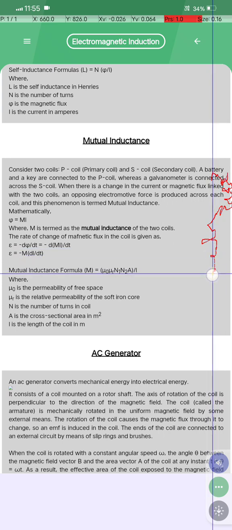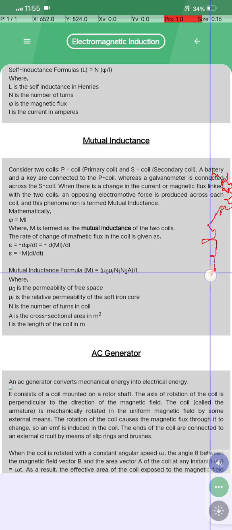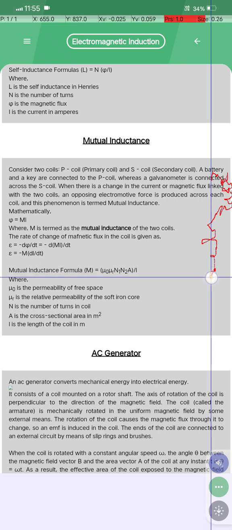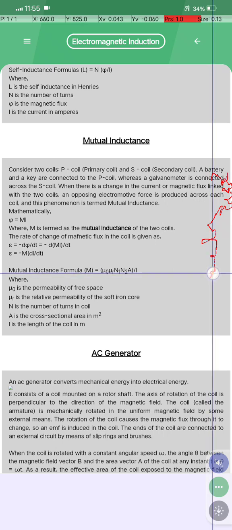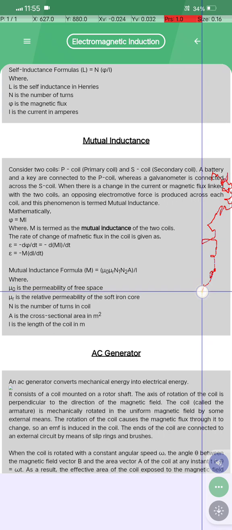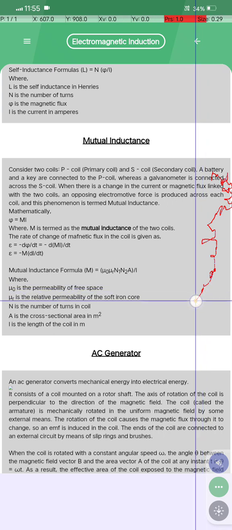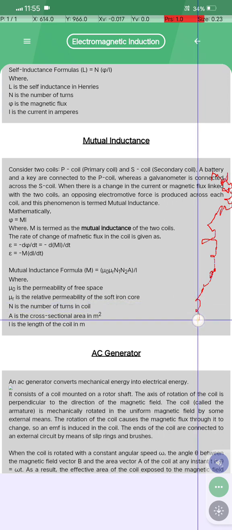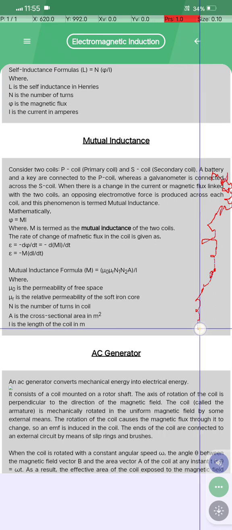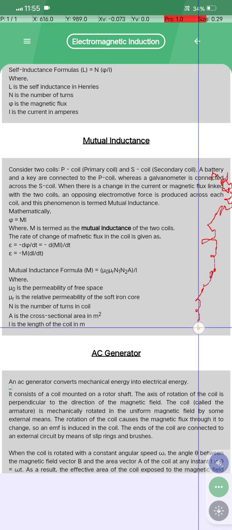ओके, म्यूचुअल इंडक्टेंस फार्मूला जो होता है ये यहाँ पे ही रखा है, M is equal to mu naught mu r n1 n2 A by l, वेयर mu naught जो होता है वो परमेबिलिटी इन फ्री स्पेस है, mu r जो है रिलेटिव परमेबिलिटी है ऑफ सॉफ्ट आयरन कोर, और n जो है नंबर ऑफ टर्न्स है, और A जो है क्रॉस सेक्शनल एरिया इन मीटर स्क्वायर, और l जो है लेंथ ऑफ कॉइल इन मीटर। ओके,